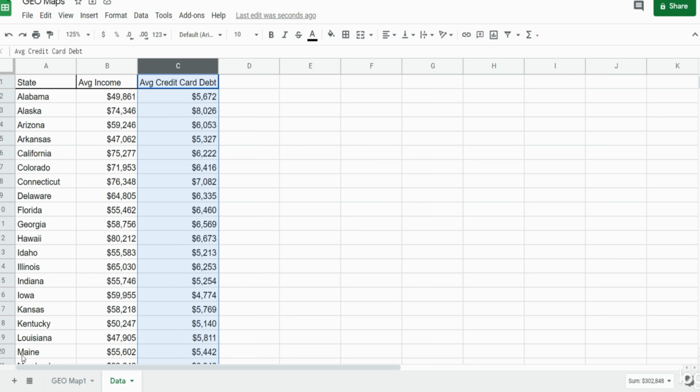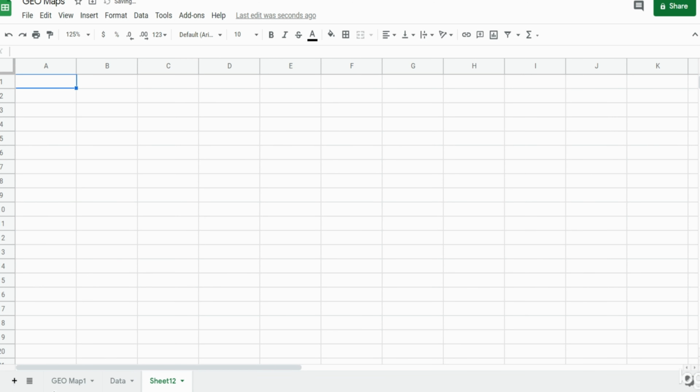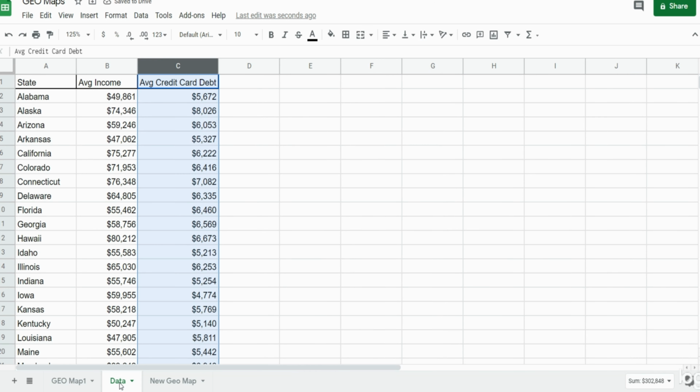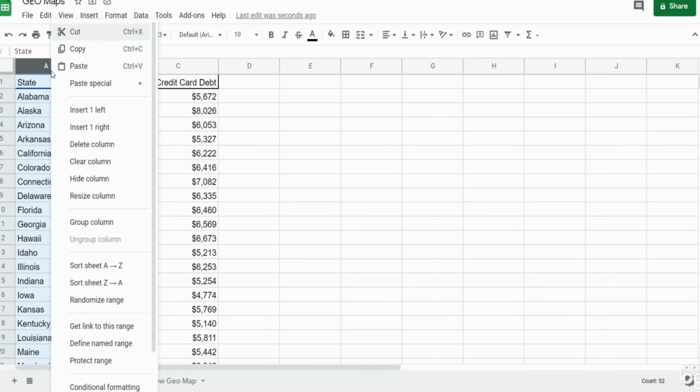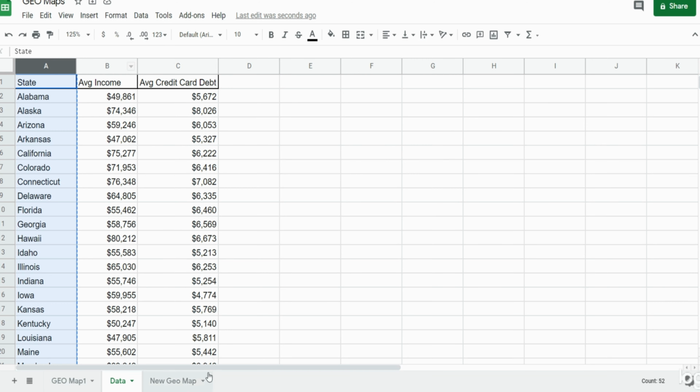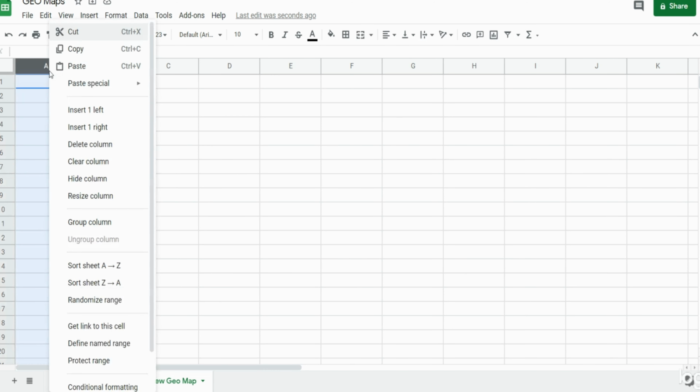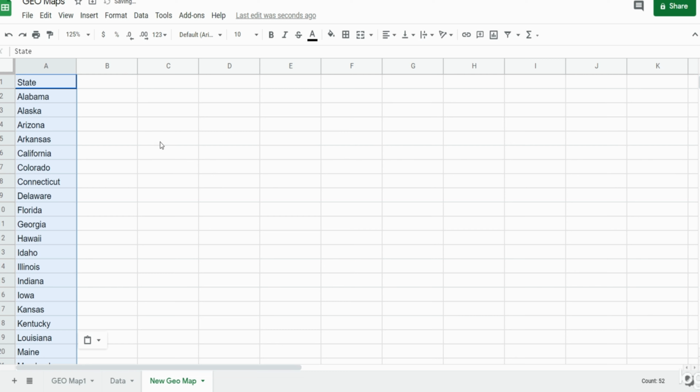So the first thing I want to do is add a new tab where our new map will live. We'll call this new tab Geo Map. And I want to go back to the data tab, and copy the state column and paste it into our new Geo Map tab. Over to the right, I want to add a drop-down box for our selections. So I'm going to add a header first, though. We'll call this Select Category,